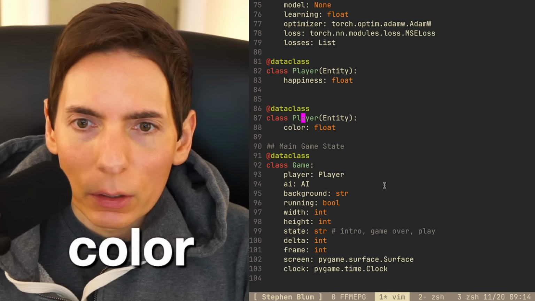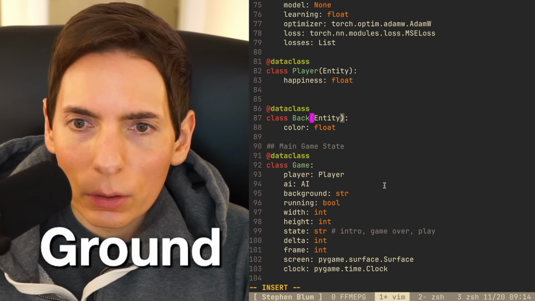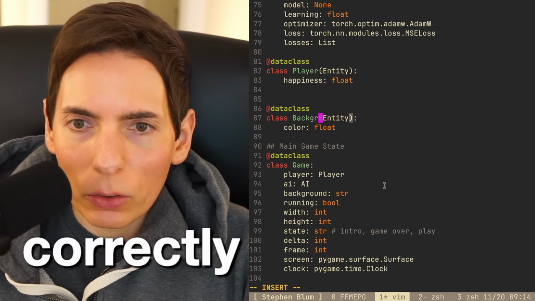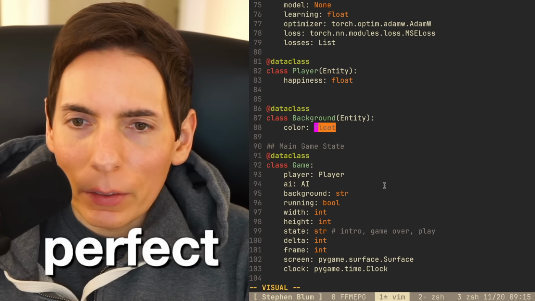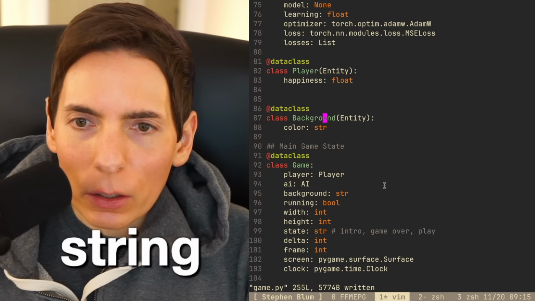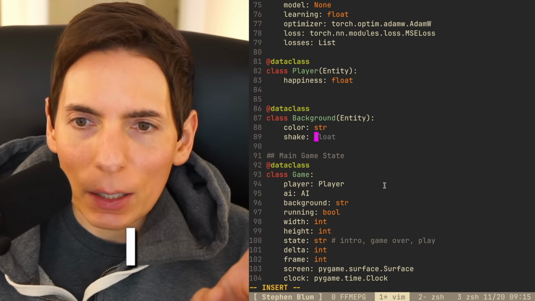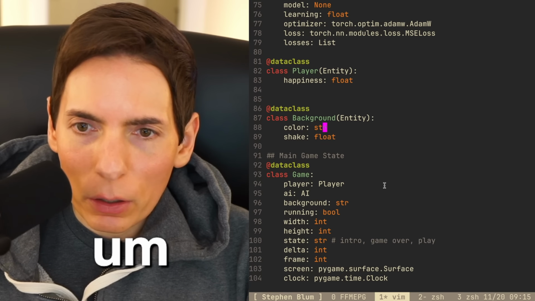So color, this will be background. Perfect. Wait, gotta spell it correctly. Background. It's spelled like that. There you go. Perfect. And this will be a string, color, and then also shake. This is what I wanted to do. I wanted to shake. So there will be a color, and this will be